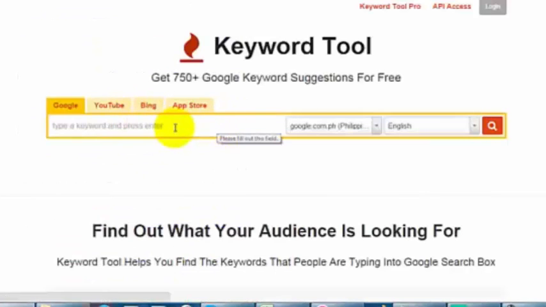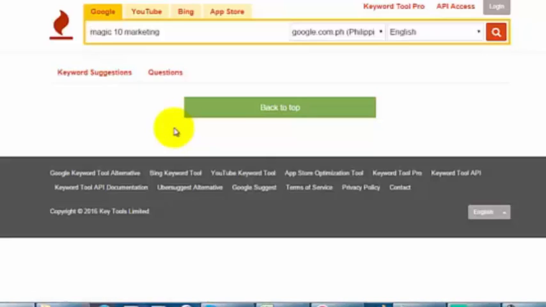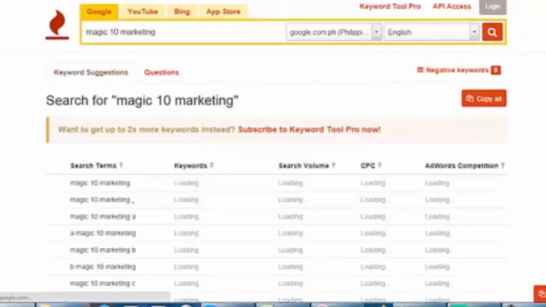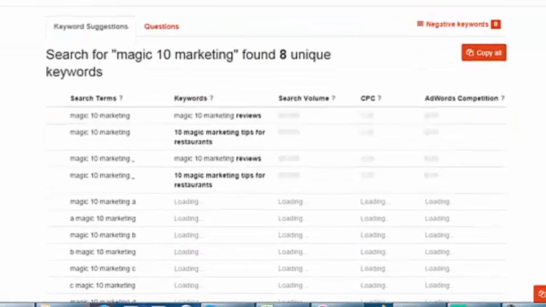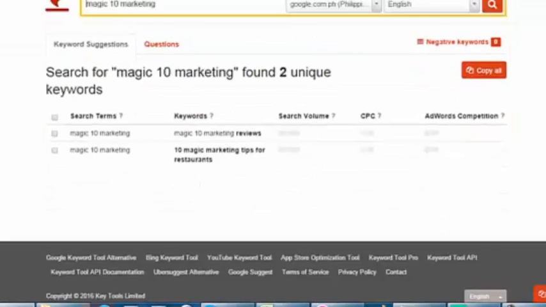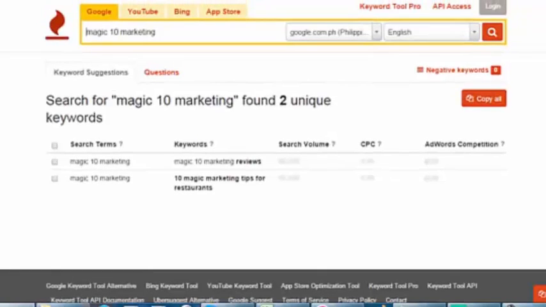It's an alternative tool, a free tool that you can use to search keywords. An example here is Magic 10 Marketing. There are a lot of keyword terms, so right now I have 2 unique keywords.